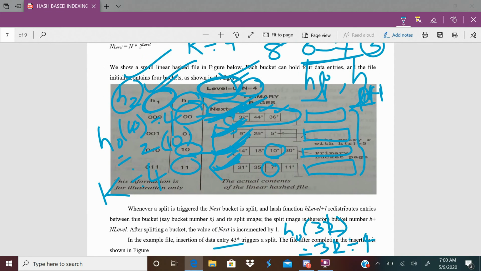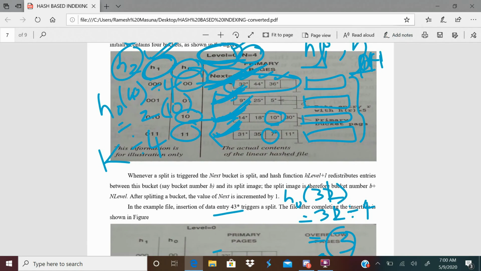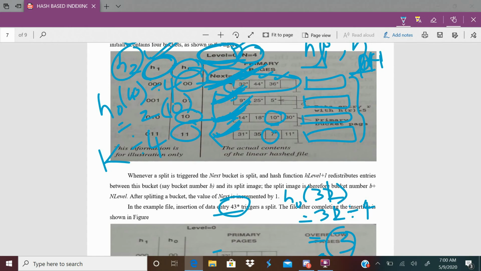How is 43 to be inserted in the above structure? It uses 43 mod 4, which is 3. 3 means it should go into the 3rd page of the data pages. What is the 3rd page?